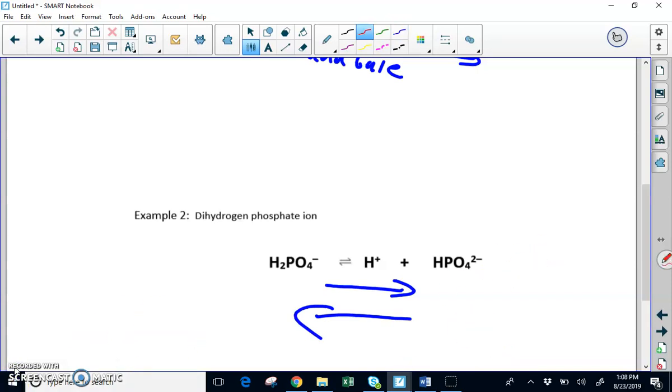The question was, what happens if you add base to the system? The answer is that the reaction would shift this way, to the right, because that releases H+. Remember, when you release H+, that means acid, and you just made it more basic. So releasing H+ will add more H+ and lower